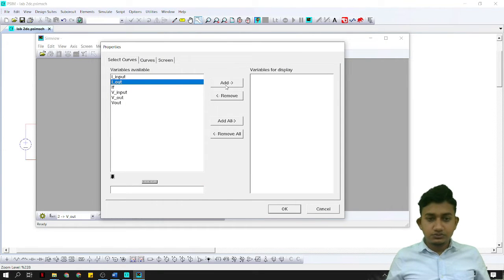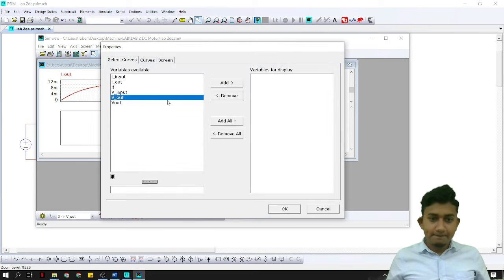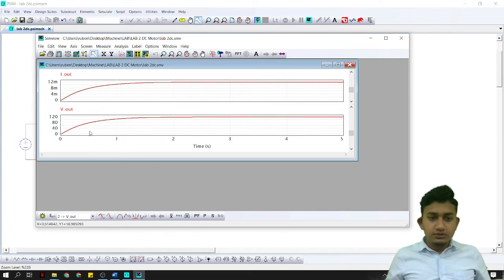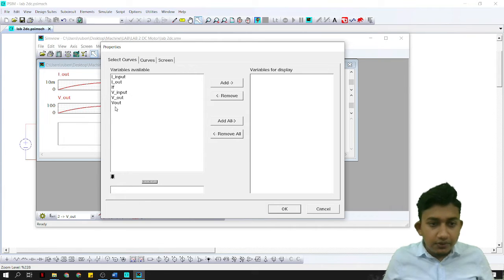First we check out the value of I out, then V out, then we check the output for P in.